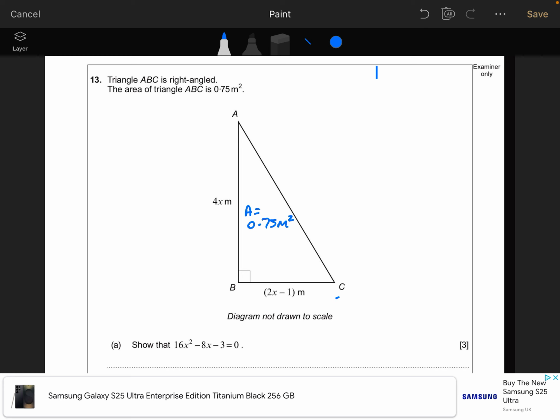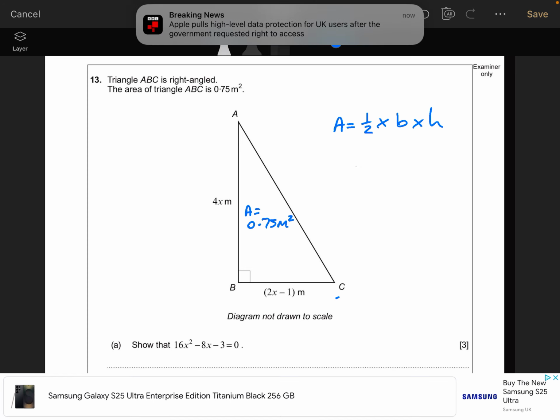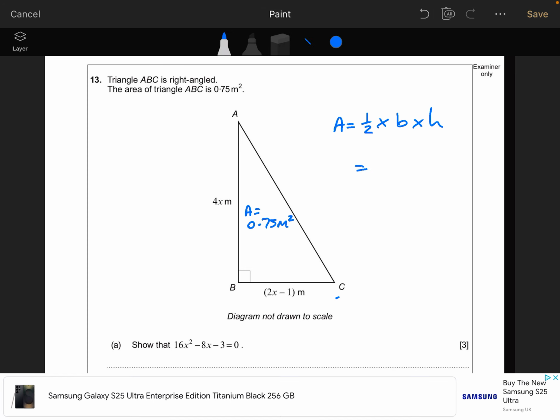Well, it's told us some more information in the diagram here. It's showing that we've got a height of 4x and a length of 2x minus 1. But the area of a triangle is going to be area equals half of the base times by the height. So the base times the height will be 2x minus 1 times by